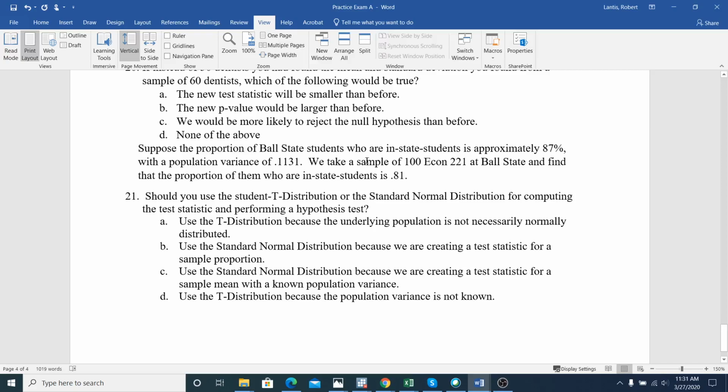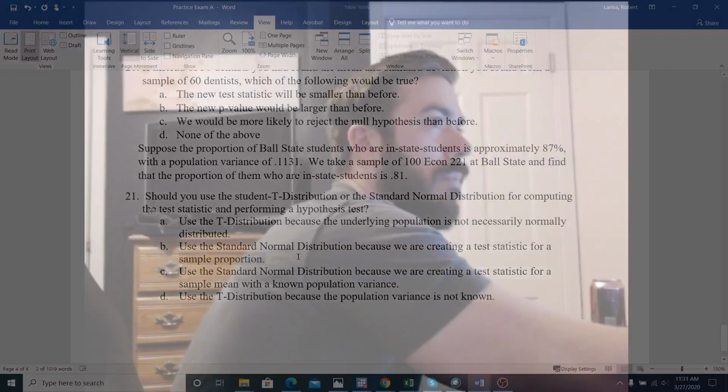Well, it doesn't matter if they give you the population variance here, we can always calculate that. If we knew what the population proportion is, we could always calculate the population variance. Anytime we're dealing with a proportion, we can use the standard normal distribution. It doesn't matter if we're given the variance or not, because remember,